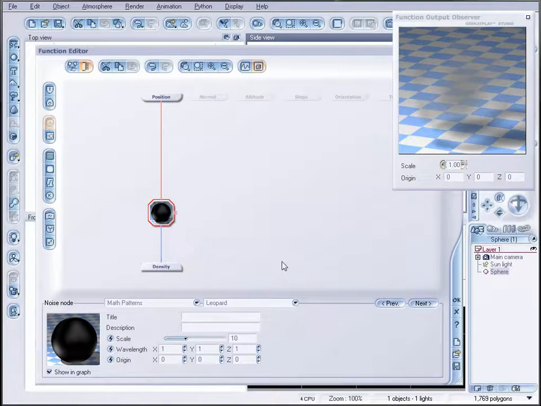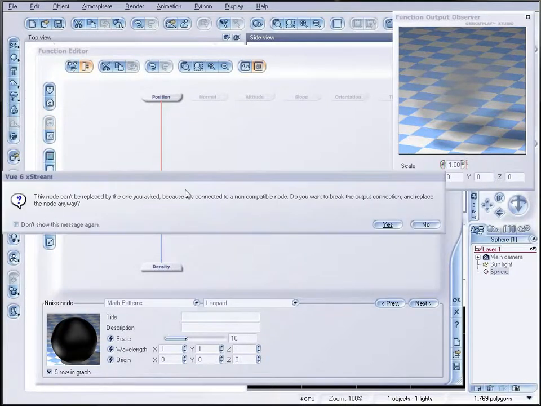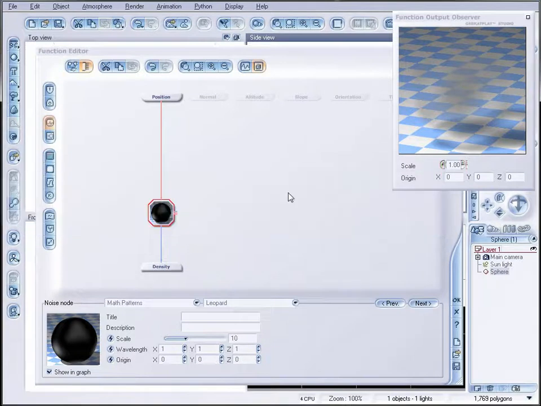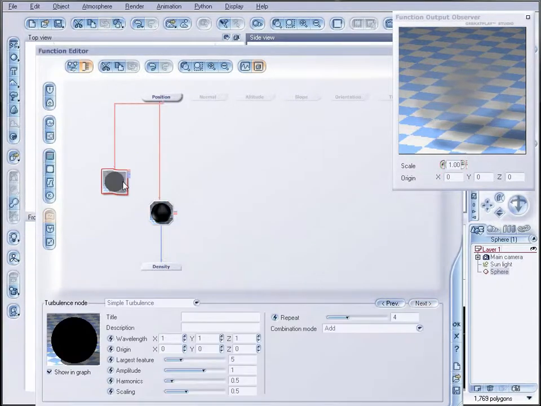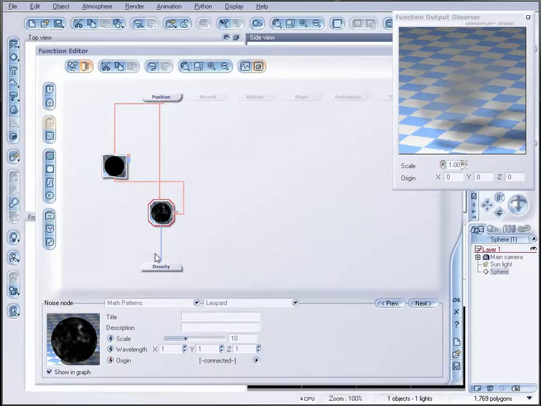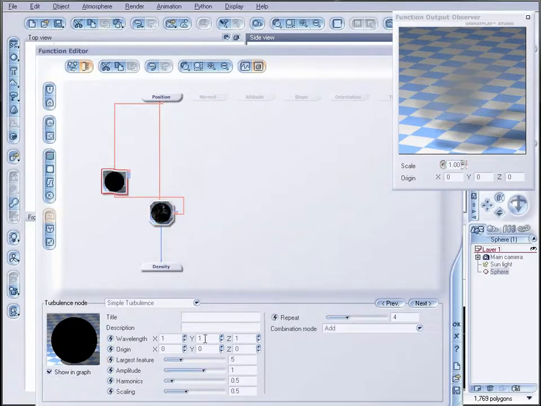Okay. At this point, I don't want to modify anything. We'll control those with other functions. Okay, so now we'll create a turbulence. Oops, I don't want this. We'll just need to click somewhere on the side. Click turbulence. Okay, and we'll just connect our origin to this. So if you see, we connect our origin to our turbulence node. Inside the turbulence node, let's say maybe about 4,